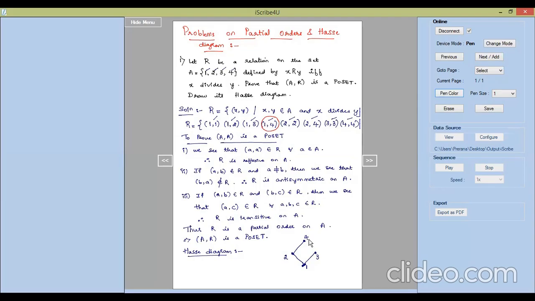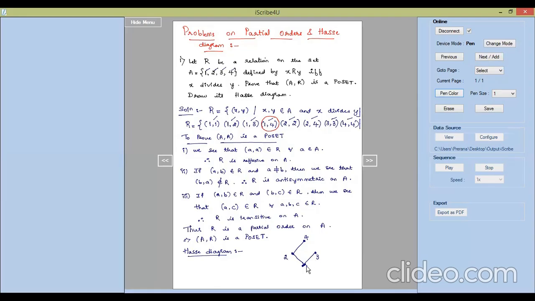So what are the 3 conditions that we had learned in the Hasse diagram conditions theory? First one was drawing a loop is obvious, so we will not show it explicitly in the Hasse diagram. Second one is the transitivity property. If A is related to B and B is related to C, A is directly related to C, we will not draw an edge separately and show it. That was our second condition based on the transitivity property. And the third condition was we do not draw an arrow across the edges.